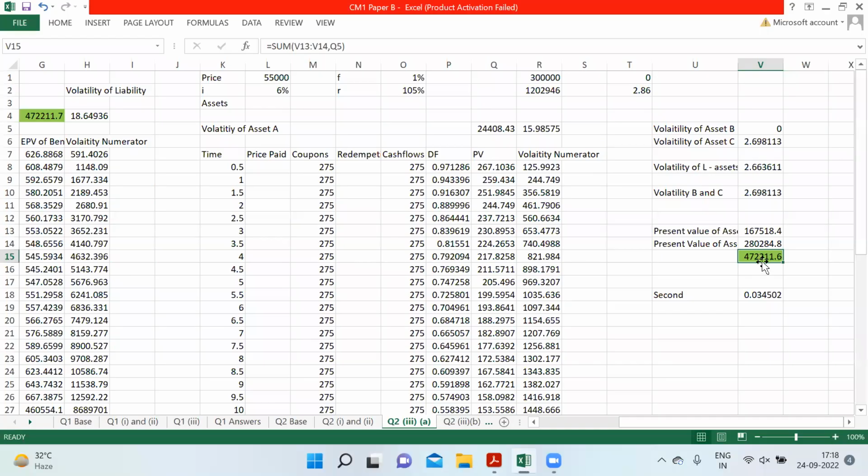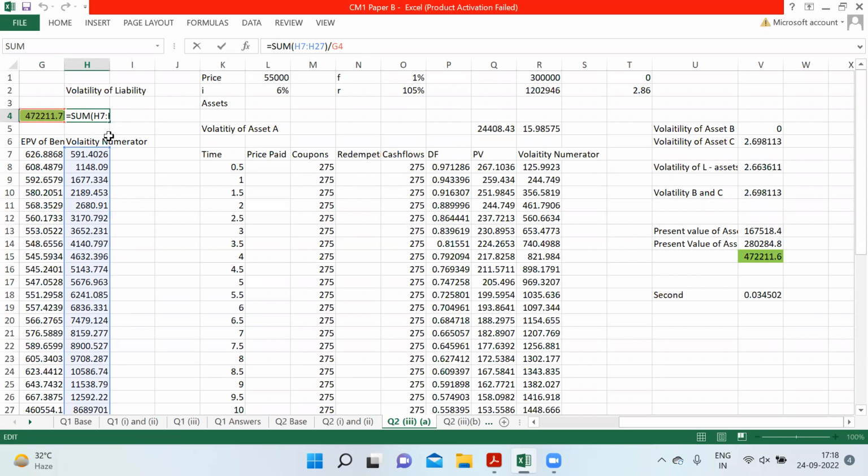So first I'll calculate the total present value of the assets. The total present value of the assets is, you can see, equal to the present value of the liabilities. And then we have calculated the volatility of the numerator and denominator. So the volatility of this is